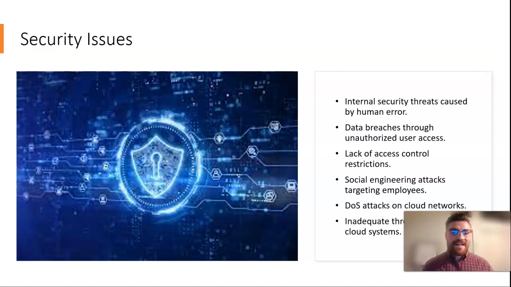A lot of that has to do with employees who aren't properly trained, and a social engineering attack goes out, like I'll mention here in a second, and they click on the wrong link, and that opens the door to a hacker who can essentially do what they want at that point,